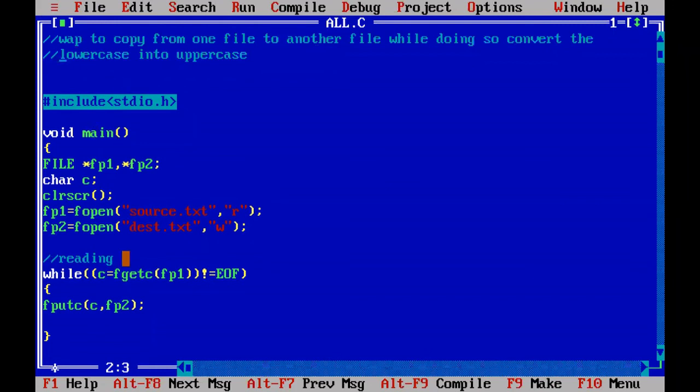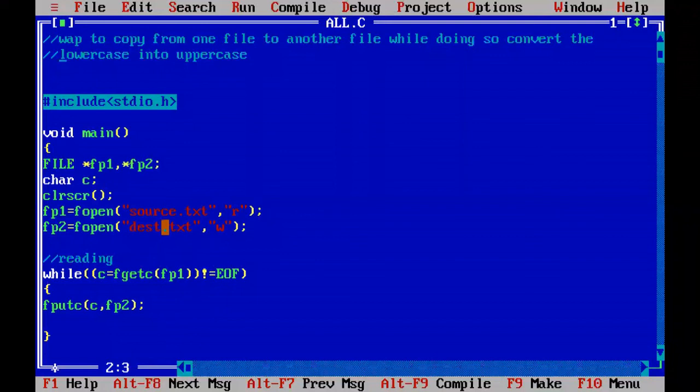Same thing, what we have to do, we have to copy the content from source.txt into destination.txt. But whenever you are copying the content from source.txt into destination.txt with this code, we have to convert all the lowercase characters in the source.txt into uppercase characters, and then copy into the destination.txt.